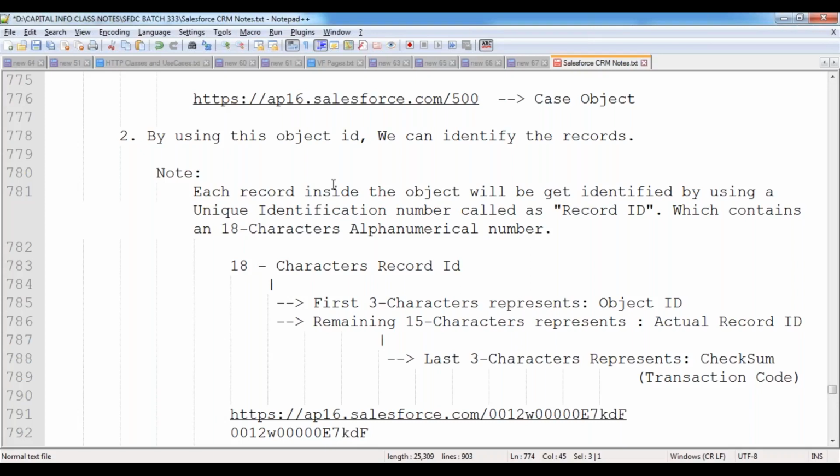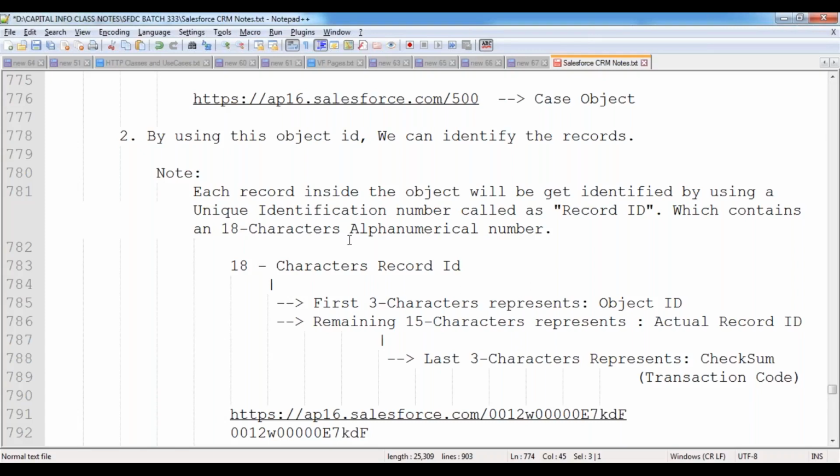Now whenever we create a new record inside an object, for every record Salesforce allocates a unique identification number called the record ID, which is an 18 character alphanumerical number allocated by Salesforce. From those 18 characters, the first 3 characters represent the object ID, indicating which object this record is associated with.